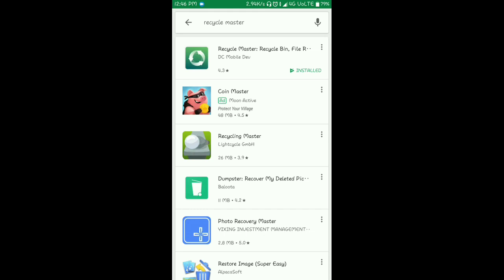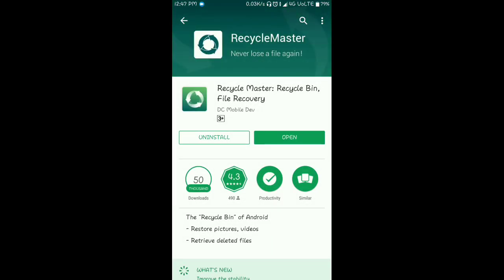Here you can see the first application, named Recycle Master: Recycle Bin, File Recovery. I have installed it previously, so you need to install it on your phone. In the description you will find the link to the application, so you can go there directly, or you can search for the application in the Play Store. So install it on your phone,